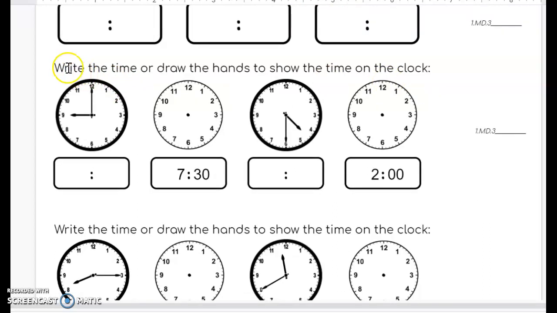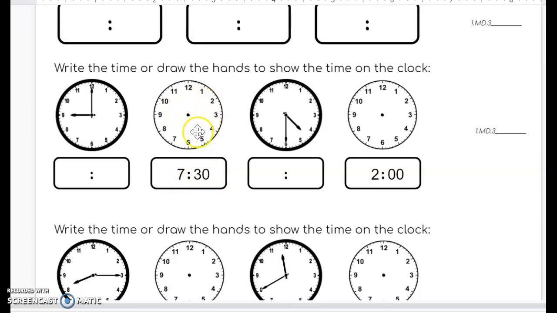For the next section, it says write the time or draw the hands to show the time on the clock. So some clocks, they give you the time, and some clocks, they give you the time down here. If they give you the time with the hands on the analog clock, you need to write what time that clock says. If they give you the time on the digital clock, you need to draw the hands on